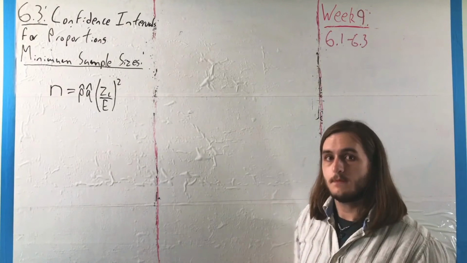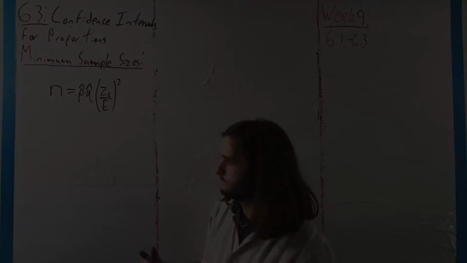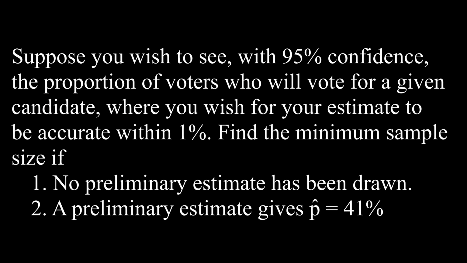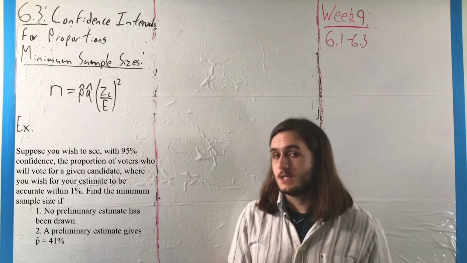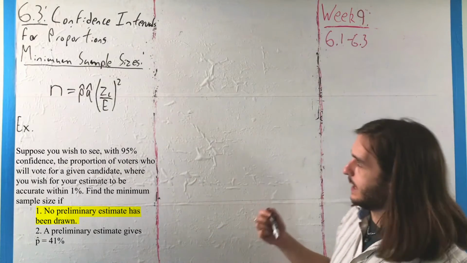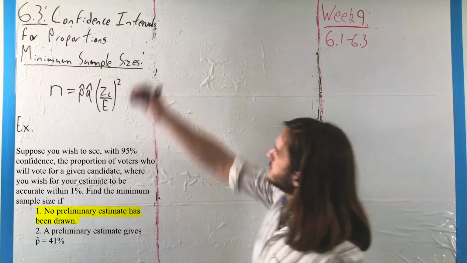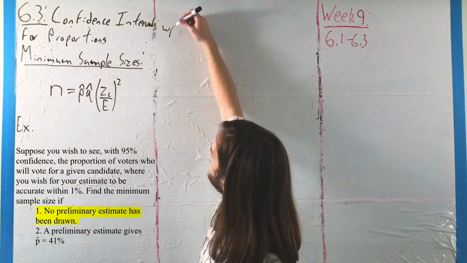It follows that formula. For example, suppose you wish to see with 95% confidence the proportion of voters who will vote for a given candidate, where you wish for your estimate to be accurate within 1%. Find the minimum sample size if no estimate is drawn, or a preliminary estimate gives that p hat is equal to 41%. So in the first case, we have kind of an odd thing there, but if we don't have any estimate,